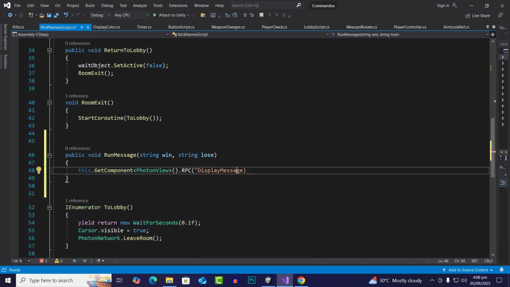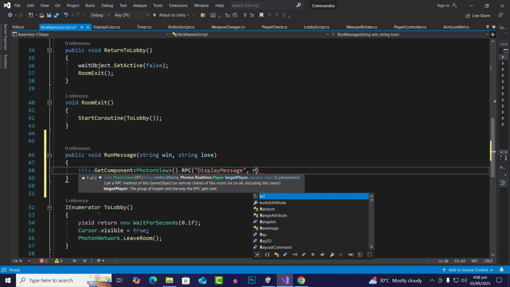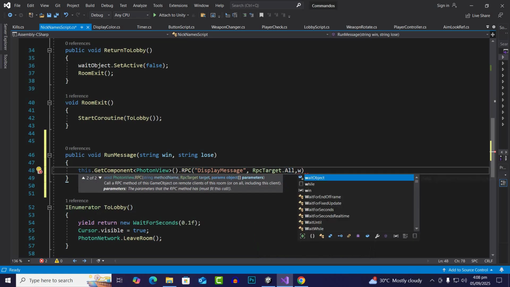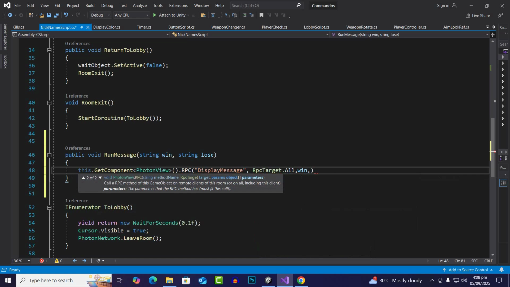So inverted commas should be here, and then after that we'll just say RPCTarget.All, and then we will show the win and lose message,